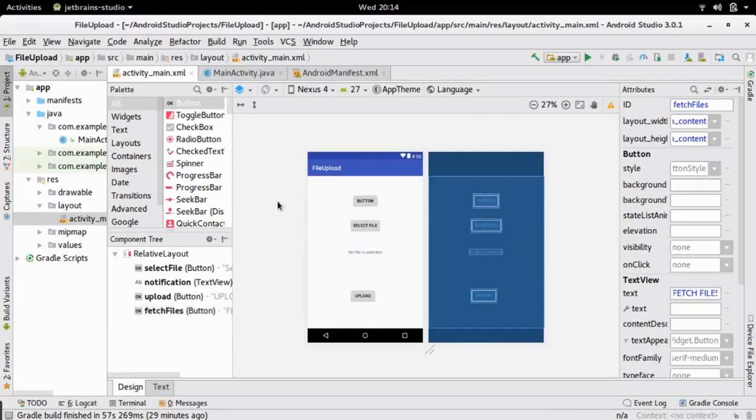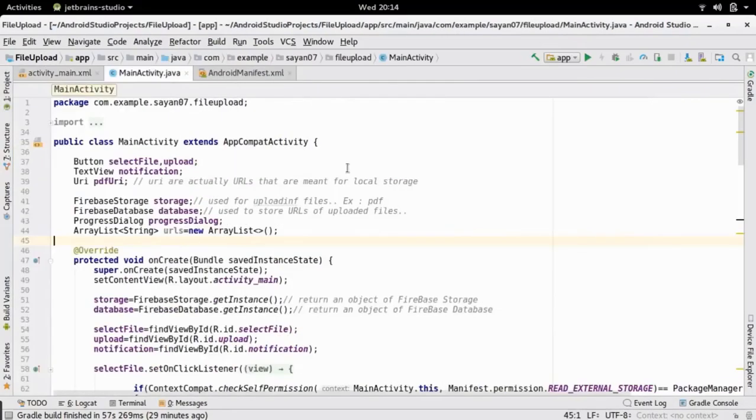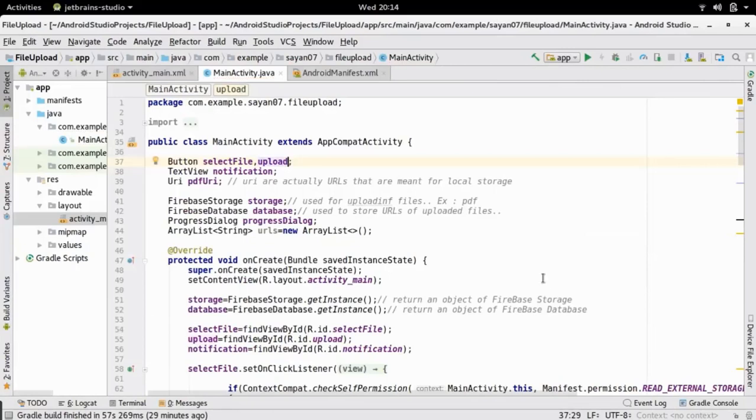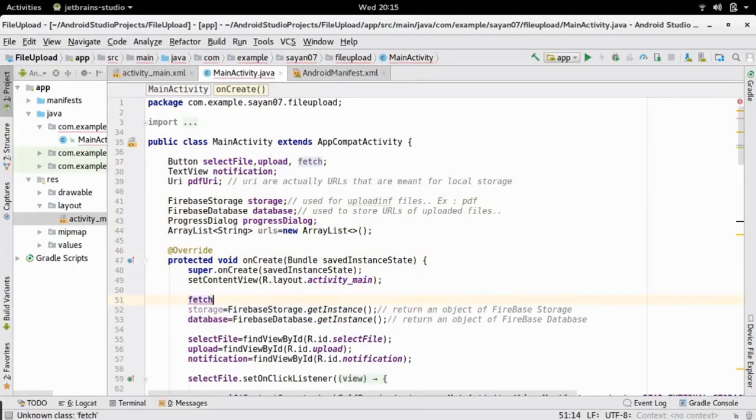Now we are going to directly move to MainActivity.java. Within this, our first task will be to create an object for the button that we have just implemented. Let me name the button fetch, move to the onCreate method, and create an object for that button.